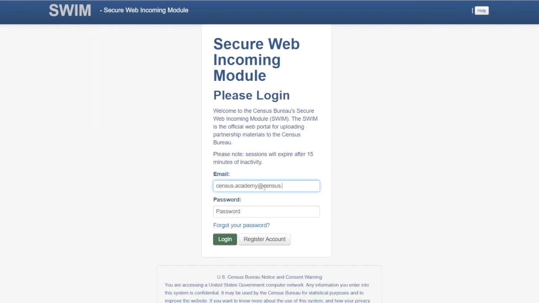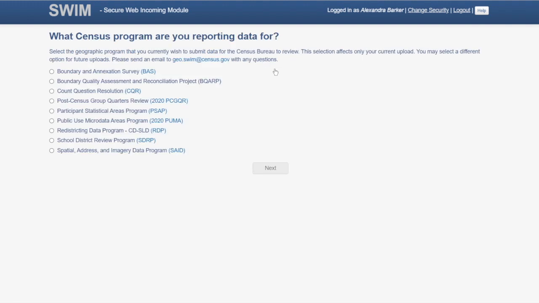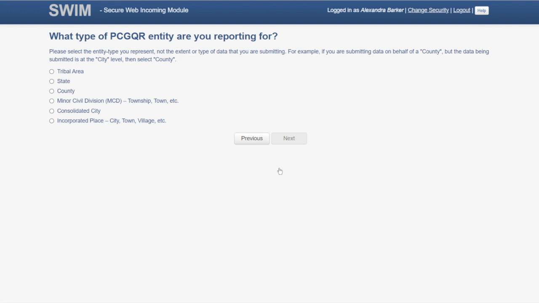Now, let's log in. At the Welcome screen, click on Start New Upload. From the screen, what census program are you reporting data for? Choose the Post-Census Group Quarters Review. Click Next. From the What Type of 2020 PCGQR entity are you reporting for screen, choose the entity choice that aligns with your government unit entity type. Click Next.